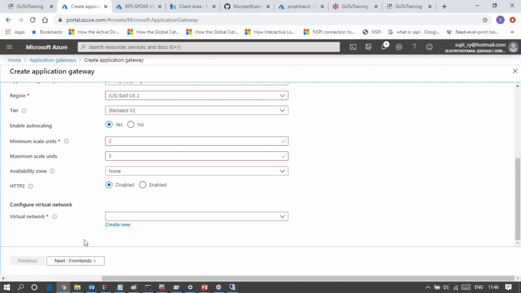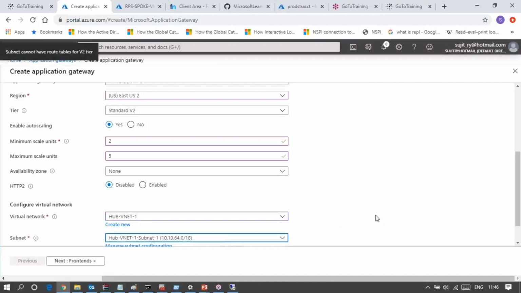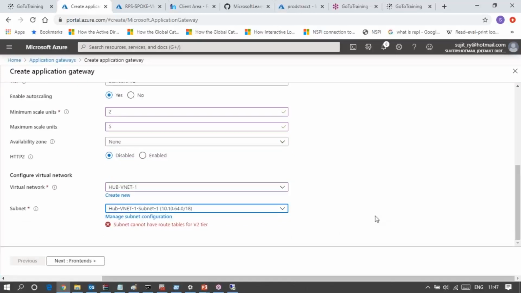Configure virtual network, and yeah, let me associate the virtual network. This is my subnet. Subnet cannot have a route table for v2.